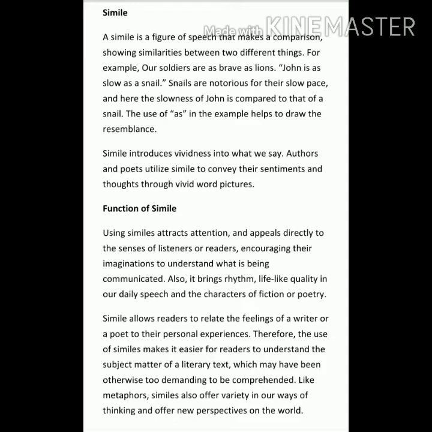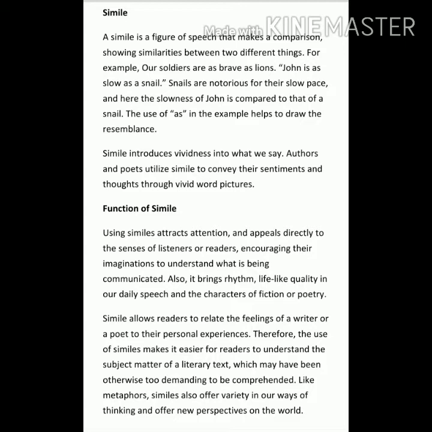And besides, it adds a lifelike quality to our daily speech. Our daily songs, our daily conversations are so replete with similes. Take for example, if we find somebody pretty, we say that person is beautiful as a rose. It doesn't mean that person is a rose literally, but we are comparing the beauty of the rose with the beauty of the person. So it's quite common in our daily routine, in our daily speech.